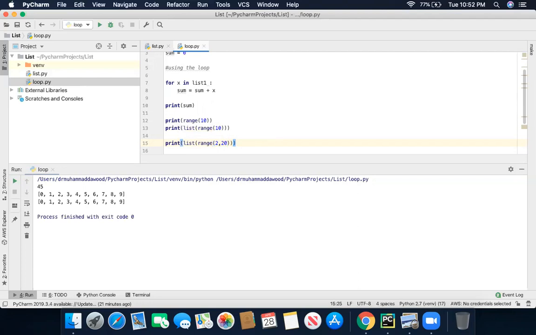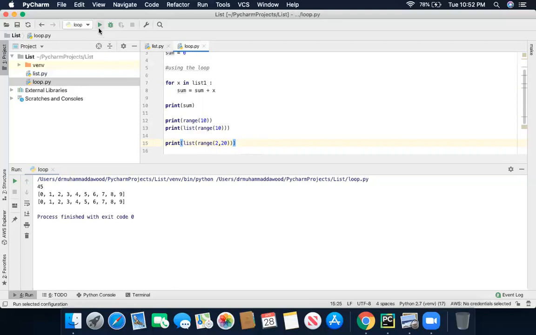It will show 2, 3, 4, 5, 6, 7, 8, 9, 10, 11, 12, up to 19. It will never show the 20, because 20 is the last point, so it will never include the last number.